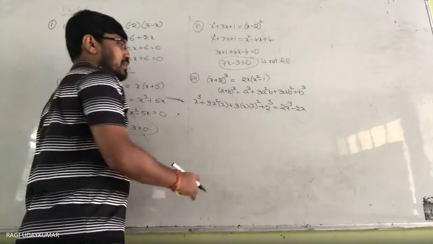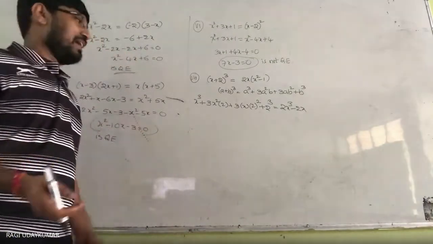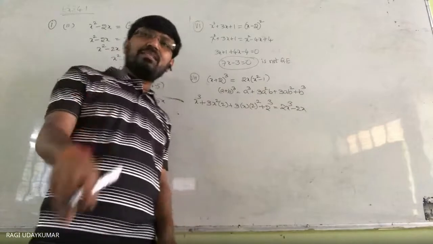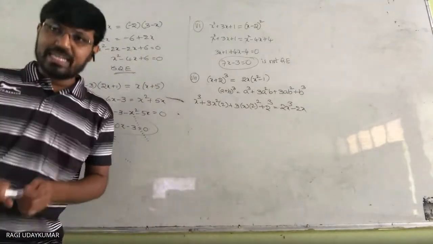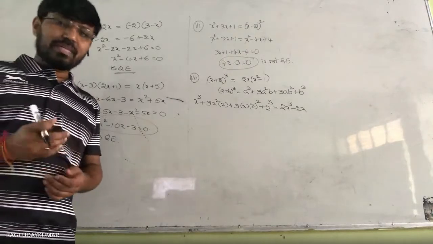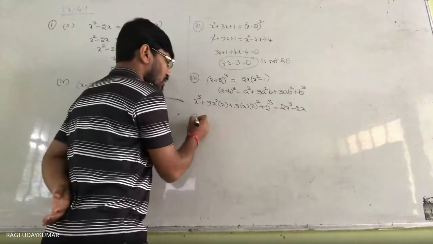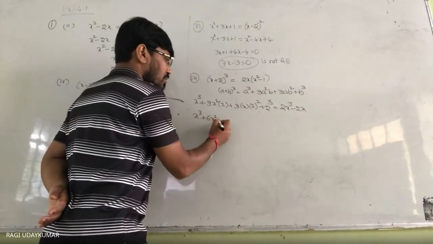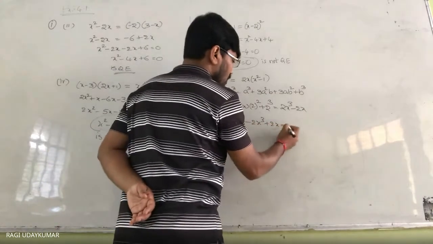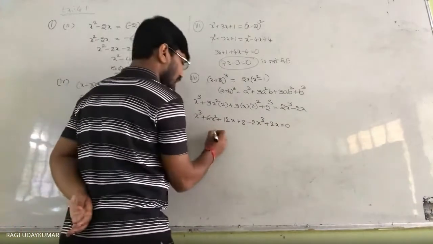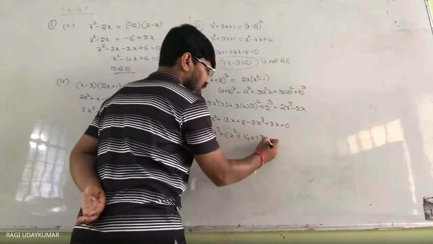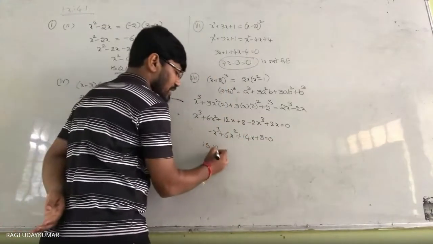And simplifying, it is not necessary to completely simplify also. When you take this term here or this term here, x cube is there in that. When x cube is present in that, you can say it is not a quadratic equation. If x cube is present, obviously when you simplify also, we are going to get x cube plus 6x square plus 12x plus 8 minus 2x cube plus 2x is equal to 0. In this, we are going to get minus x cube plus 6x square plus 14x plus 8 is equal to 0. It is not a quadratic equation.